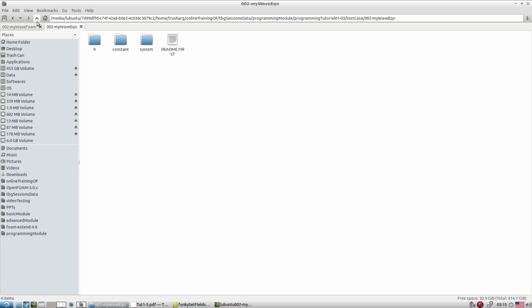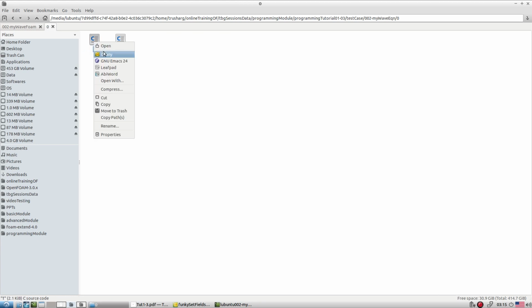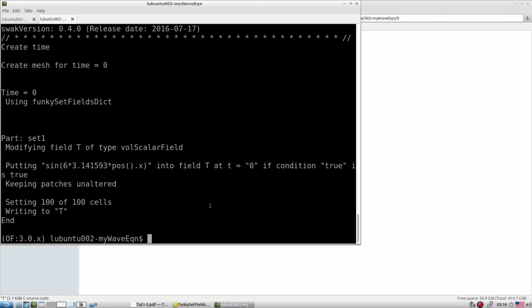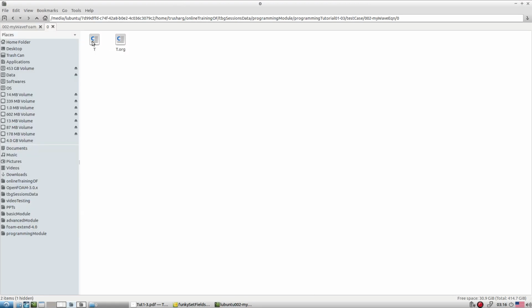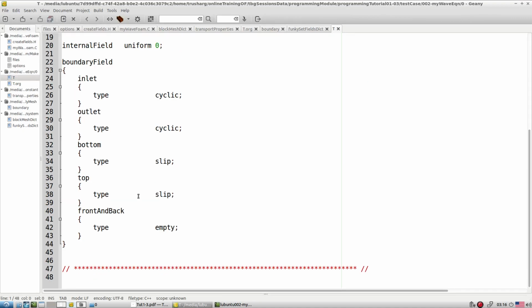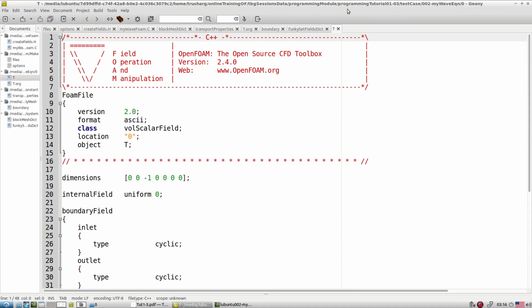Before you go for funkySetFields, what one can do is cp 0.orig to 0 and copy the same file to t. So right now, if you see, it has no initialization entry.